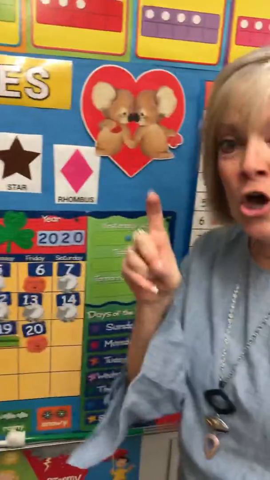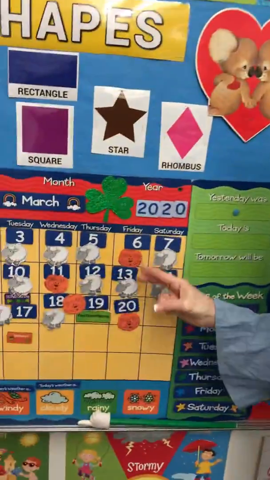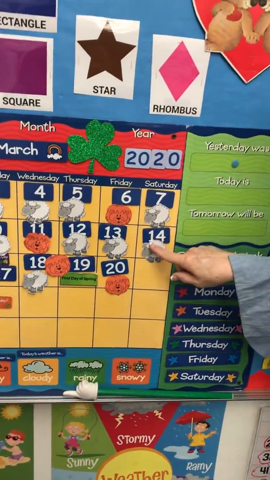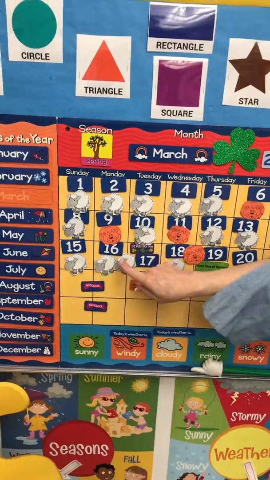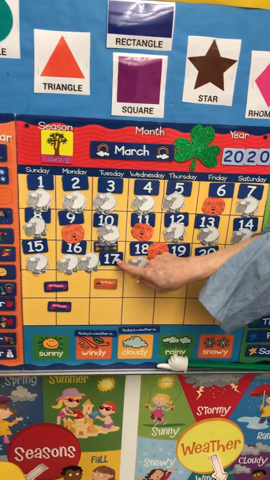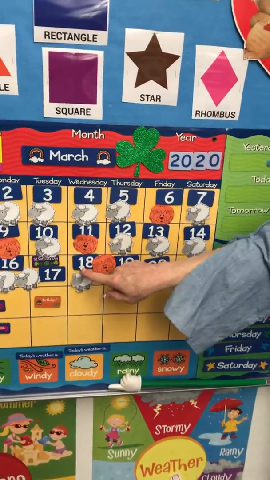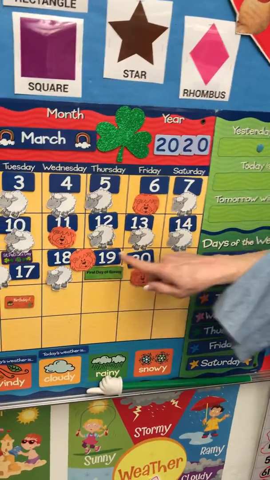Remember, we get to 10, we bundle them up, put them in our tens place. We're out of fingers, so we need more. 11, 12, 13, 14, 15, 16, 17, 18, 19,